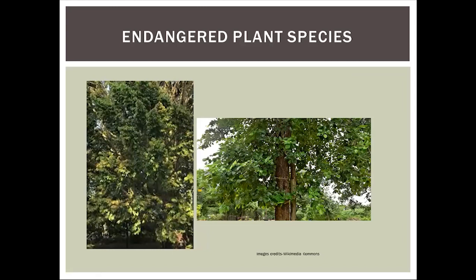Let us now look at endangered plant species. The first one that is on the left is Eboni tree. Its scientific name is Diospyros celebica. This tree is found in Karnataka only,